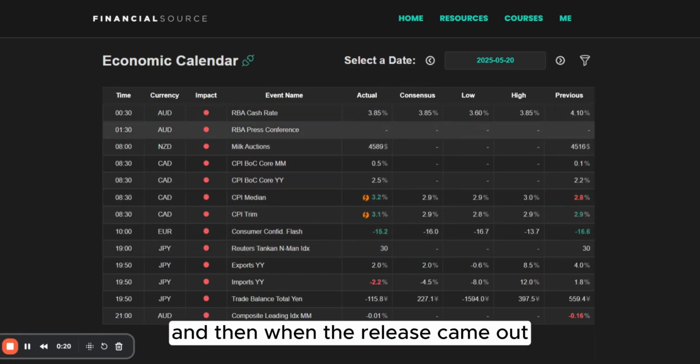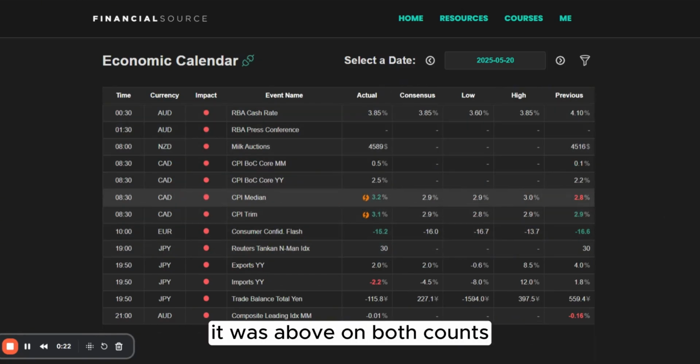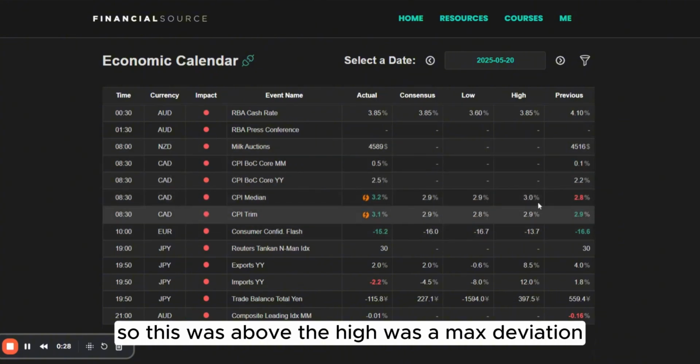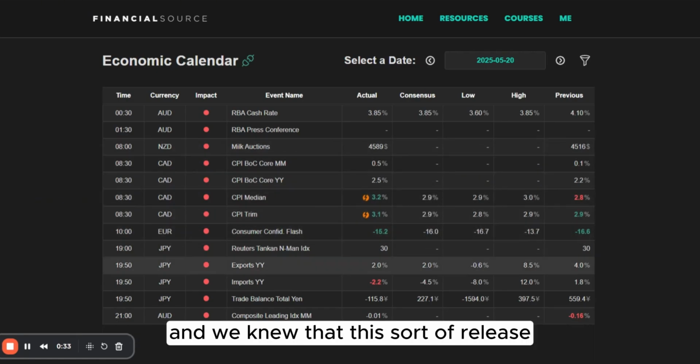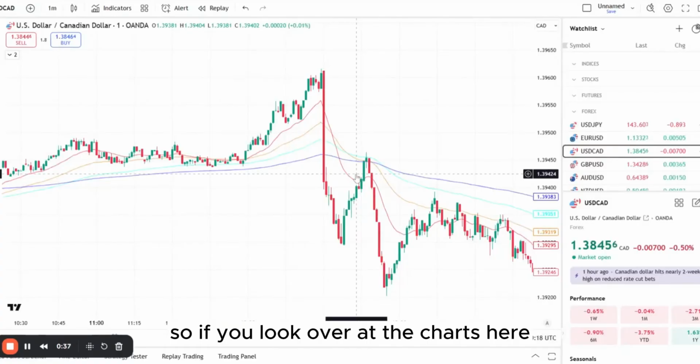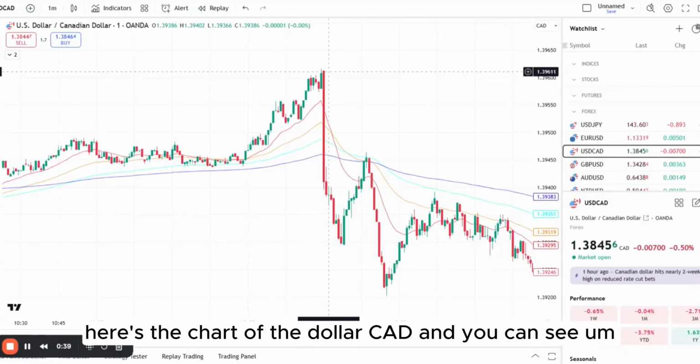And then when the release came out, it was above on both counts for the median and the trim. It was above the high deviation, and the revision was barely a revision. So this was above the high, it was a max deviation, and we knew that this sort of release would move the market. So if you look over at the charts here, here's the chart of the dollar CAD,